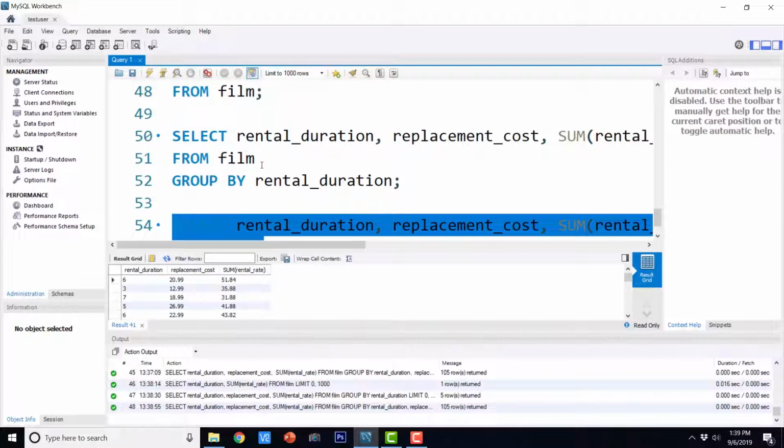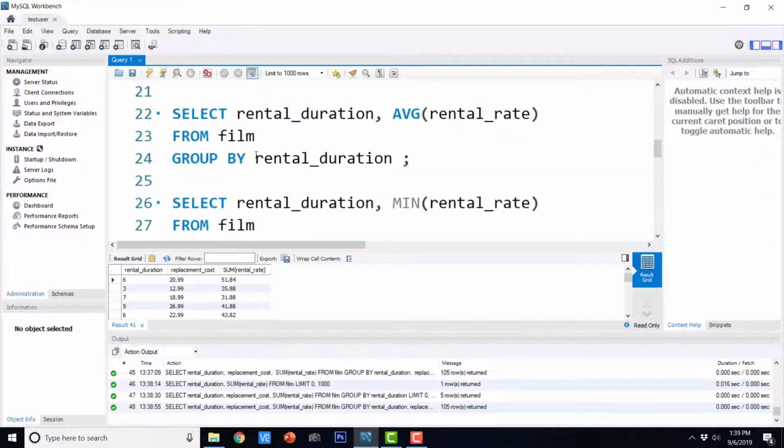So this is how we can use the group by clause, which is used to divide the data into various groups according to the values that are stored in the column. And for every group, we are going to have one output. The same way we can use the group functions, and we have seen that we need to have the same number of columns in the select and the group by clause for our result to be correct logically.